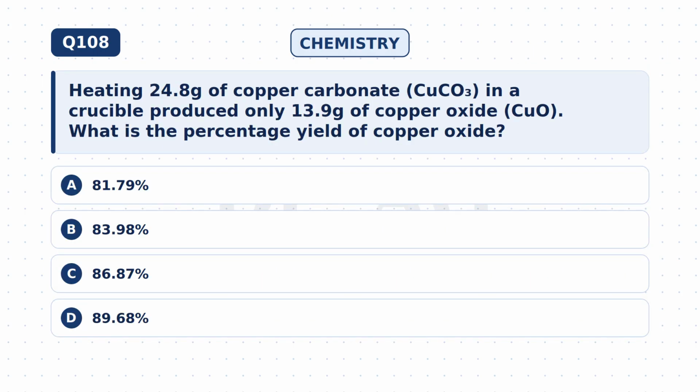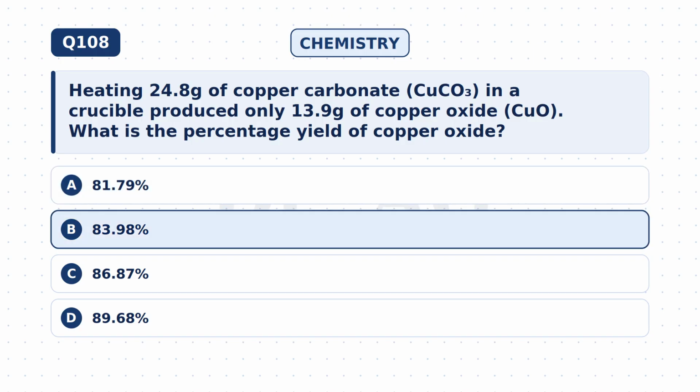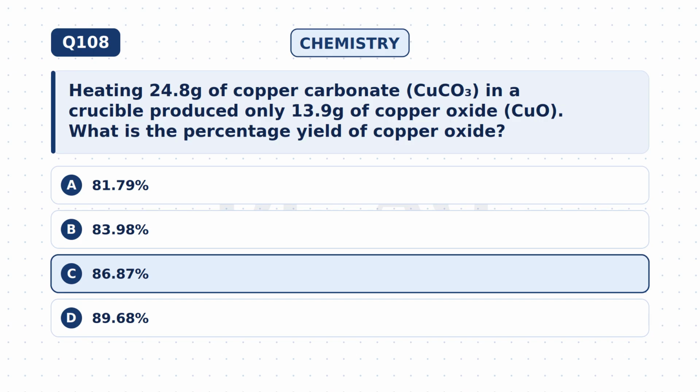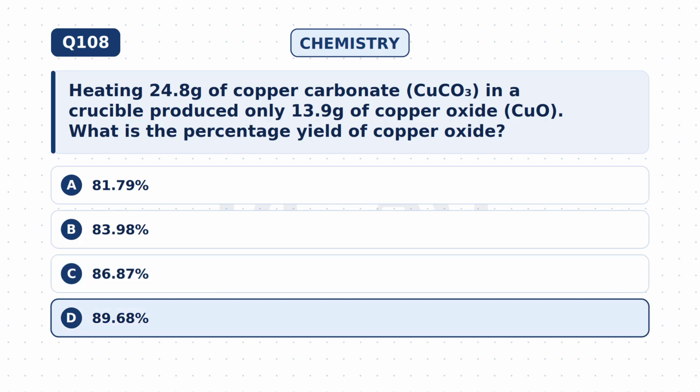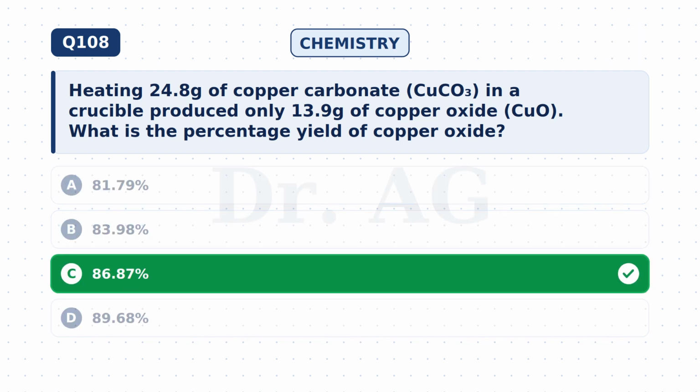Question 108. Heating 24.8 g of copper carbonate CuCO3 in a crucible produced only 13.9 g of copper oxide CuO. What is the percentage yield of copper oxide? Option A, 81.79%. Option B, 83.98%. Option C, 86.87%. Option D, 89.68%. The correct answer is C,